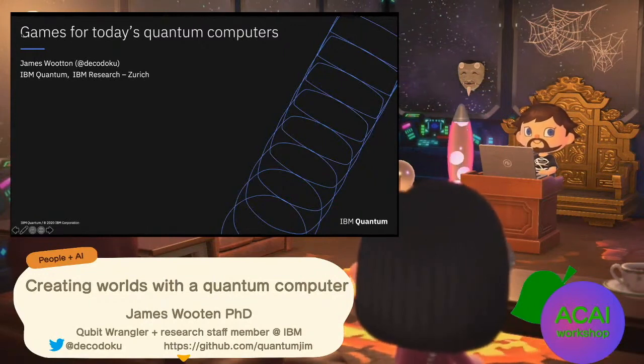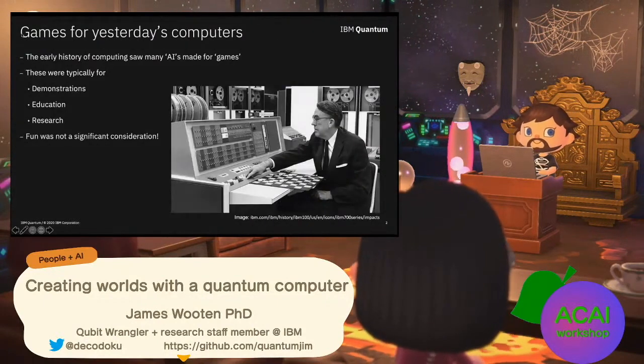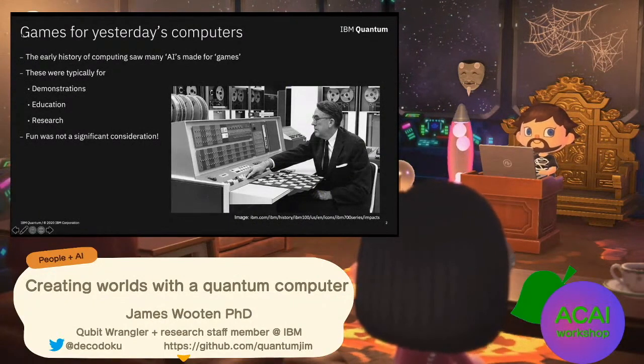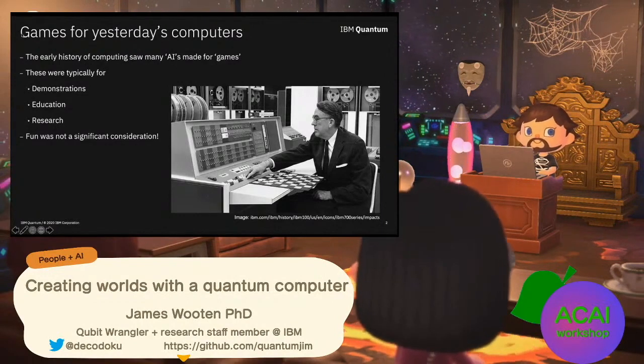So I'm in a particular niche of AI, which most other people who work on AI for quantum computing aren't in. But that's what I'm going to talk about today, because I'm mostly interested in the intersection between quantum computing and games, and that's where my desire to look into procedural generation comes from. So I want to give a bit of context behind that, and also explain a bit about what quantum